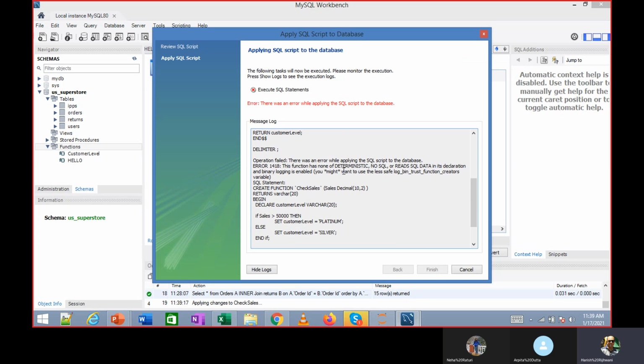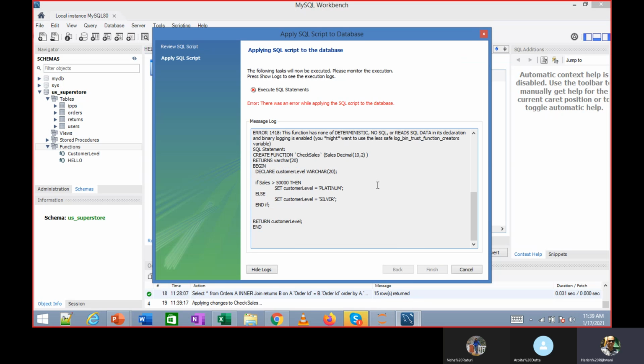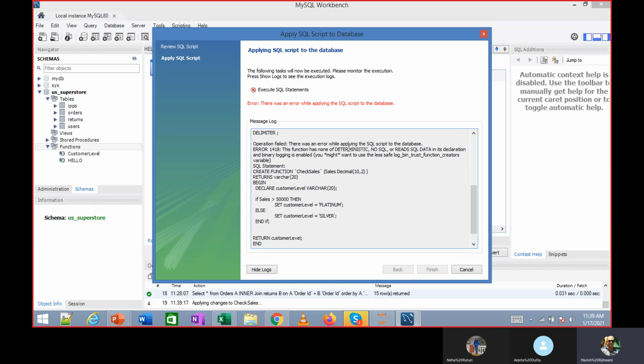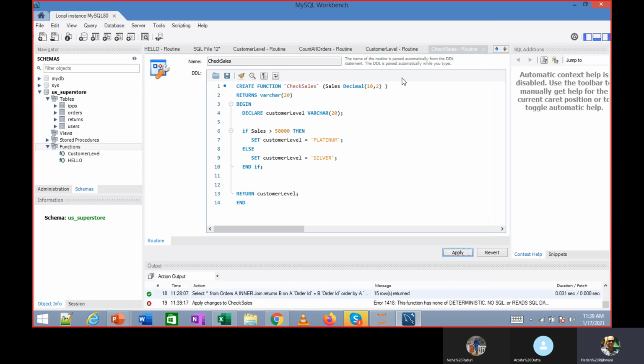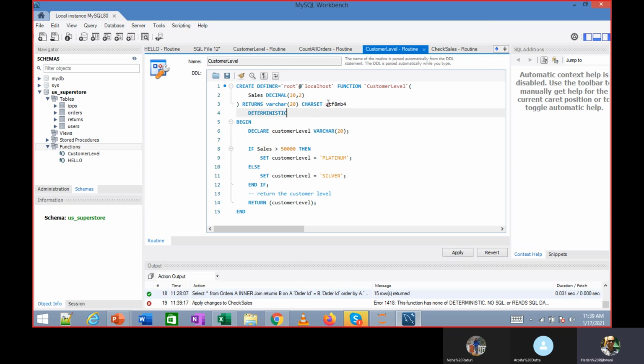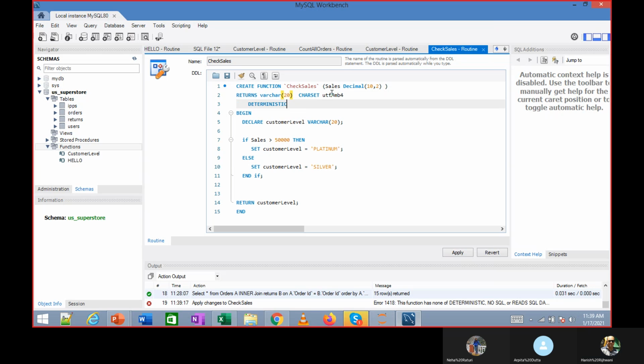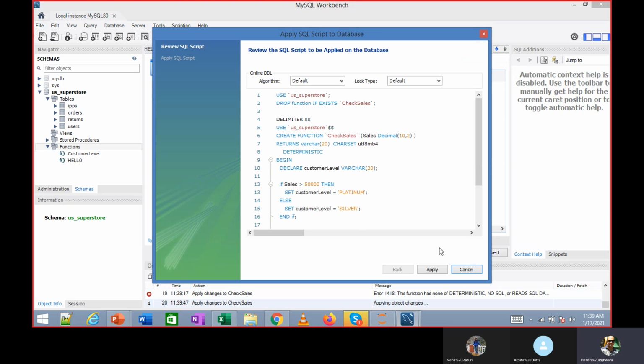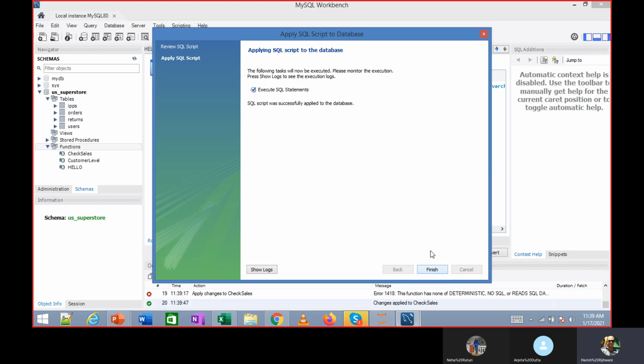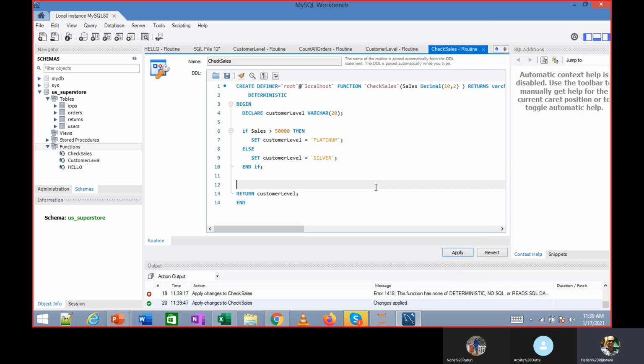There was an error applying the script. It says none of deterministic. Okay, so I'm going to copy this. You need to write deterministic primarily. We try now.